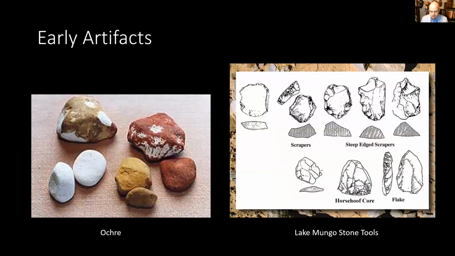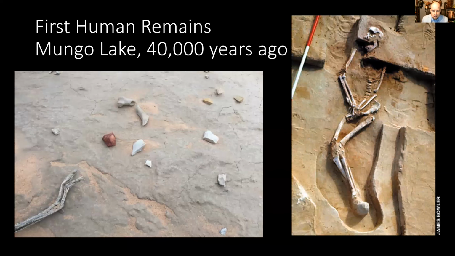And they find things like scrapers and these lithic tools. We can tell that they're tools because they're cryptocrystalline rocks that were hit together in ways that created blades and edges. And we also find things like ochre that was probably used for body paints at these sites. So we find early artifacts first that suggest humans are there, these simple stone tools and things like ochre. And it's only around 40,000 years ago that we find the first human remains in Australia.